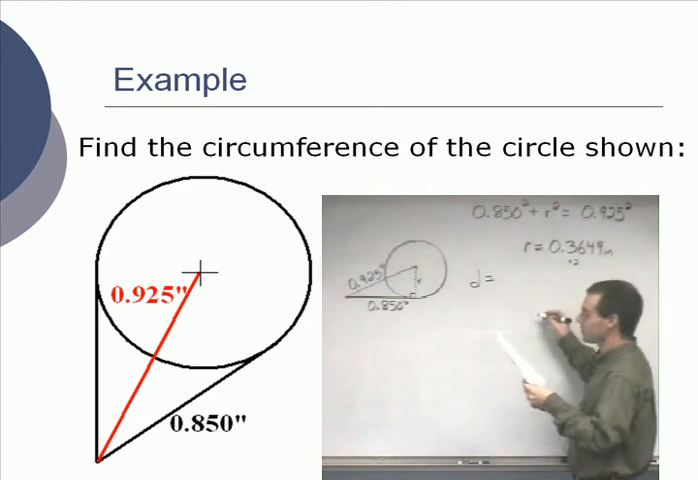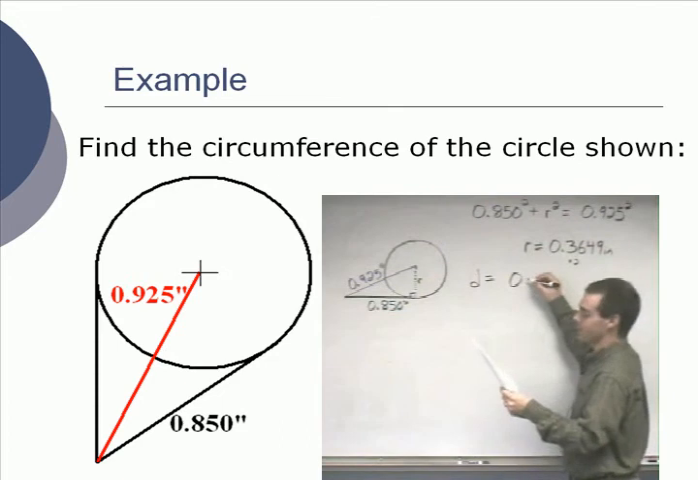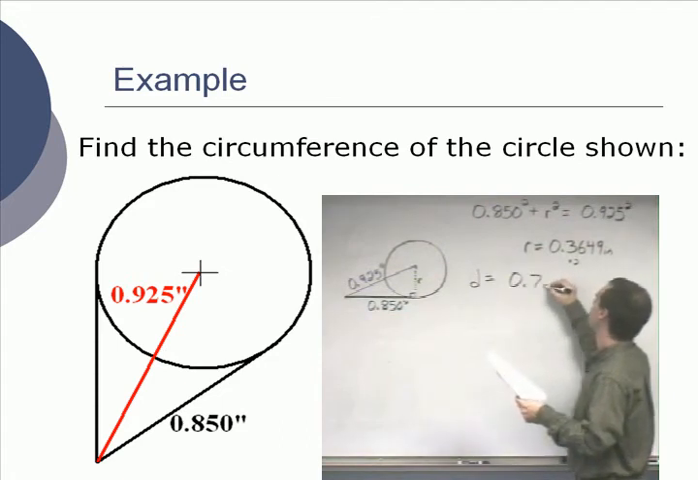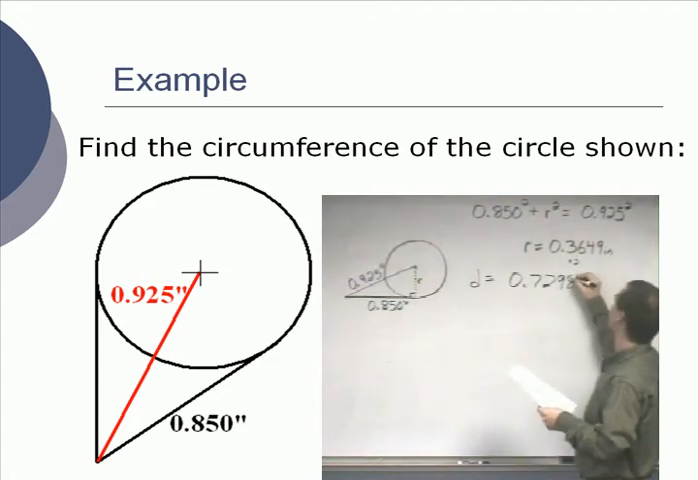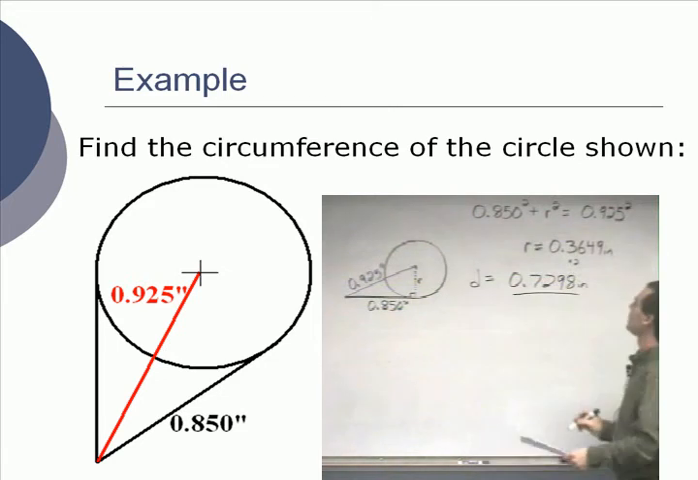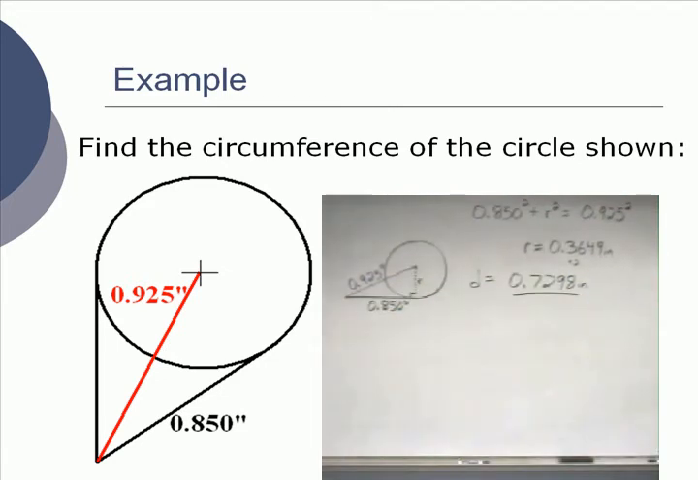Oh, thank you, 0.7298. Thank you. I did it in my notes too, 0.7298, is that right? Yeah, okay, good. So our diameter is 0.7298. Well, then we're set. The circumference